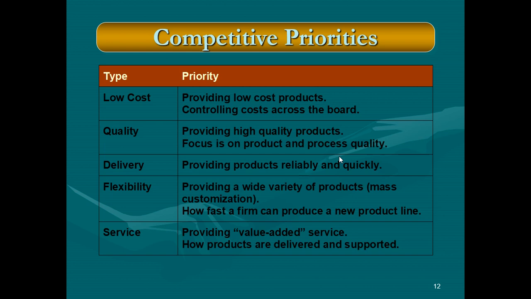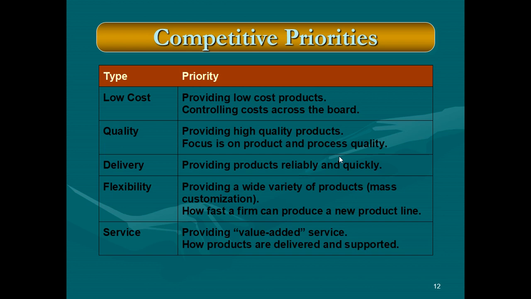Second type, which is quality, and we talked in a previous lecture about quality. Providing a high quality product means that it must reflect customer wants and needs, meaning that the designed product must be near or close to the actual one. All of those are measures for quality. Also, to have quality, you must focus on product and process quality.